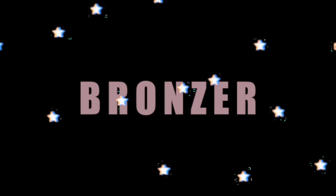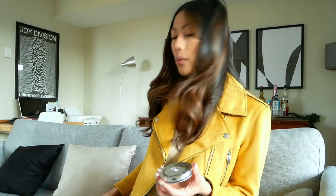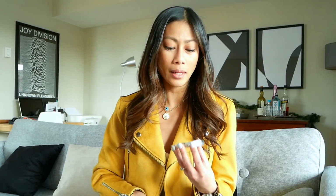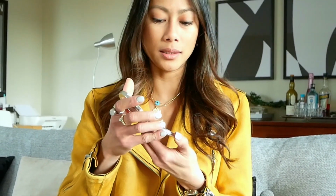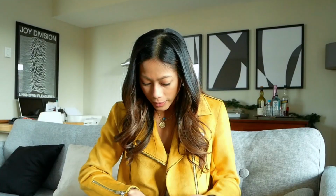Now let's go to the makeup. The previous bronzer that I have is from Mineral Fusion, but then I finished it, so I wanted to try a different one, and I got this Mineral Glow Illuminating Bronzer from Pur, and it is really lovely, and I've been using it ever since. I actually have it on my face right now,